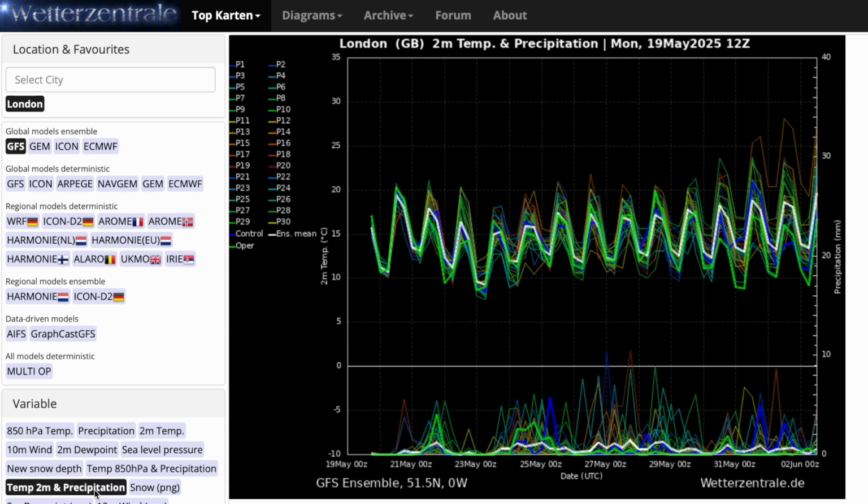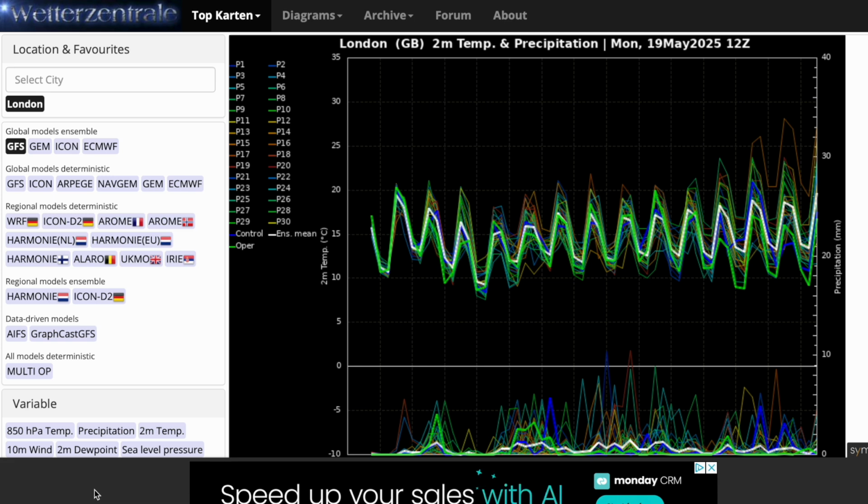2 meter temperatures, they're not going to be dropping massively over the next couple of weeks. As we saw from the upper air temperatures, they are going to be fairly stationary around average or below average. I don't expect a massive shift in the actual temperatures, but with the differences in cloud and rain, the feels-like temperature will be a few degrees colder. Today it's 17, 18 degrees, but probably feels like 20. Might be 17, 18 degrees next week, but it'll feel like 13 or 14 because of the cloud, the rain,